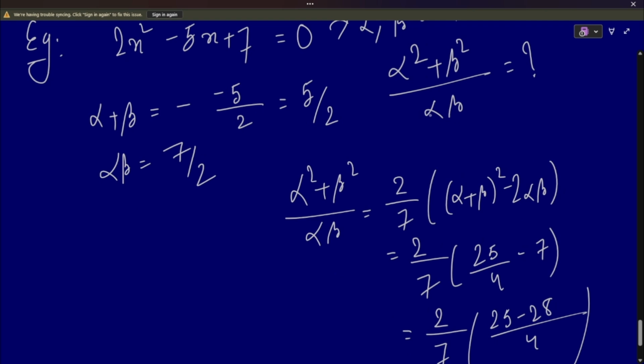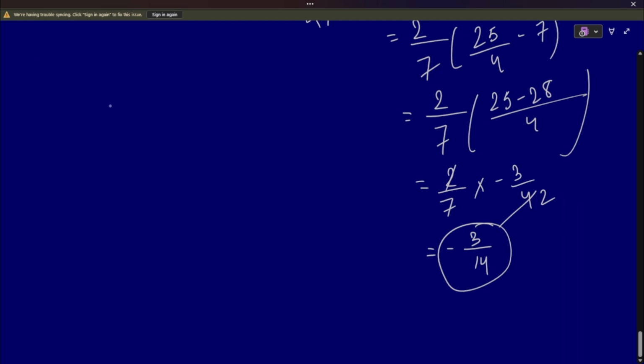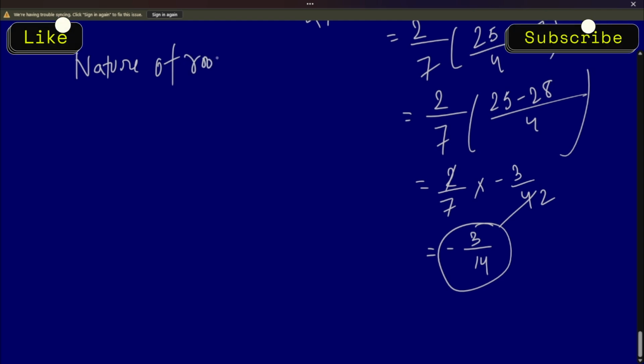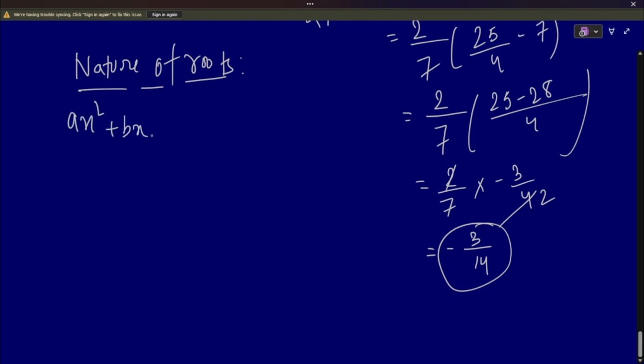So these are the kind of problems that you usually get in quadratic equations. There is one more point that needs to be mentioned, that is the nature of roots. In this case, the discriminant that we defined earlier comes into play. Let ax square plus bx plus c equals 0 be the equation, where a, b, c are reals, obviously, and let alpha and beta be the roots. Depending on the cases of D: